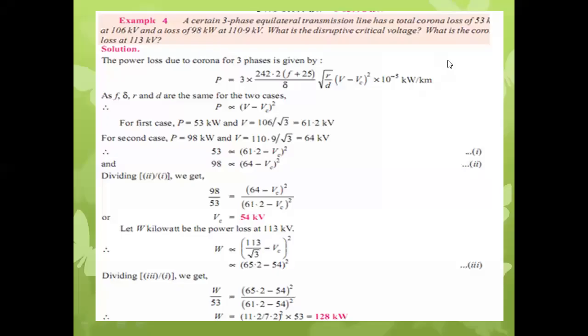Okay, we are seeing the last numerical on the corona discharge. So I think we are up to the point of calculation of critical disruptive voltage. Okay, have you solved that